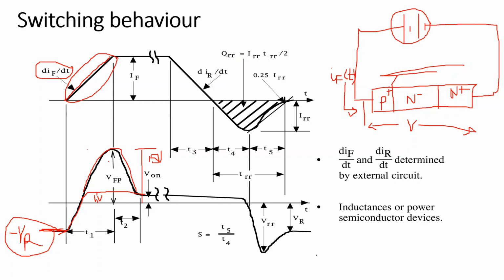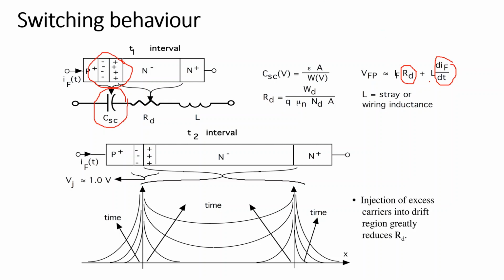So we have to study this peak. What happens is that due to this di/dt, there is some inductance here. Because of this we are having some factor added to the forward bias voltage. Since there is some positive di/dt, the voltage is higher than normal. Because of this factor we are having high voltage, plus